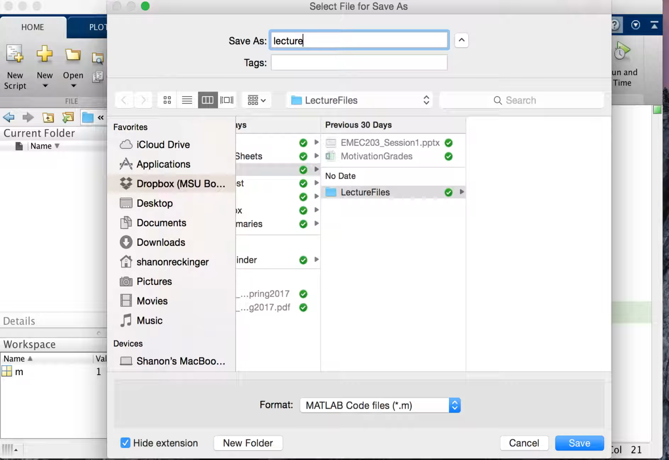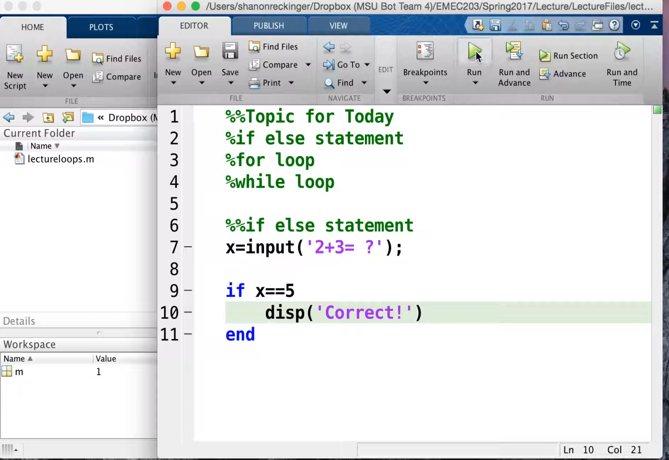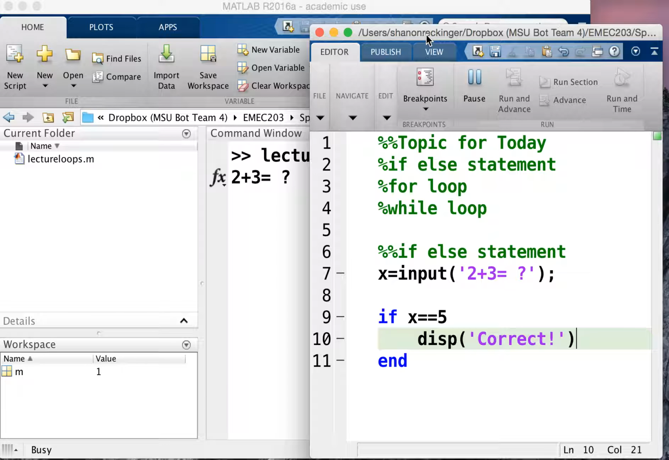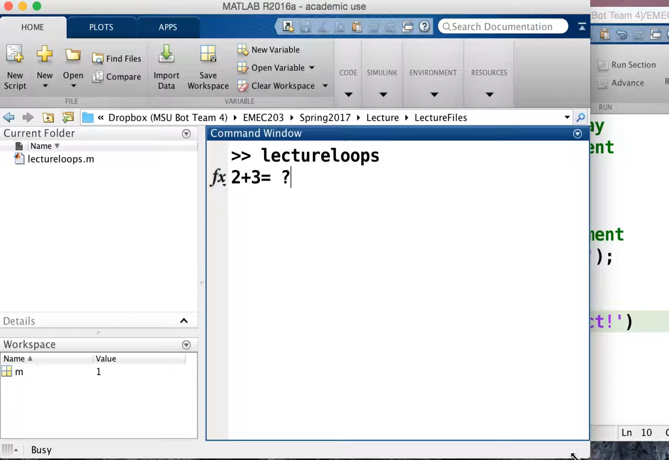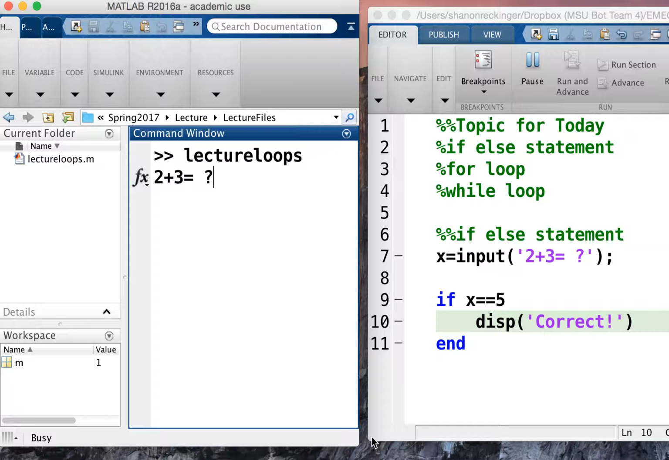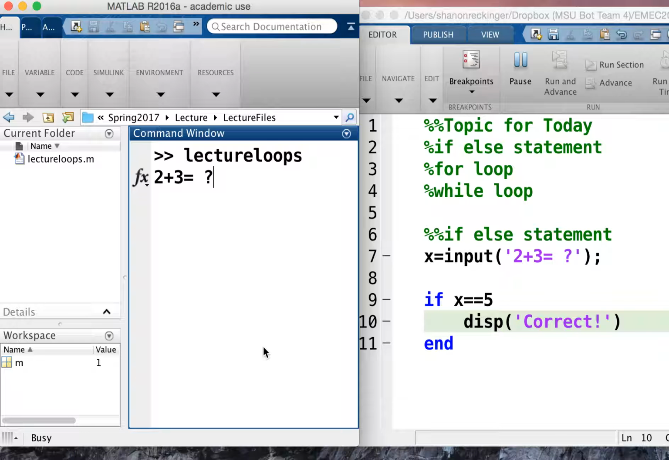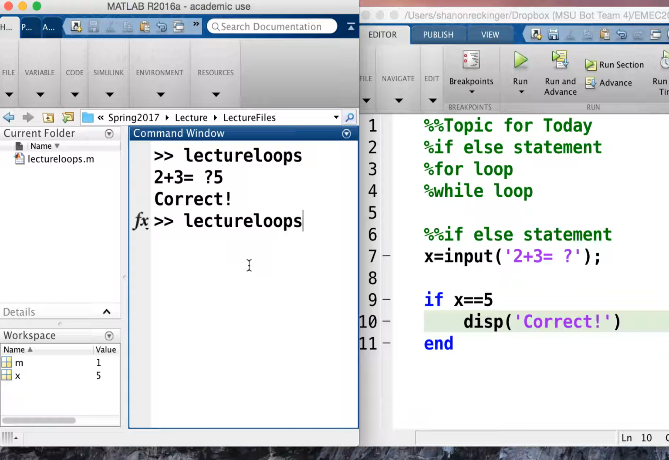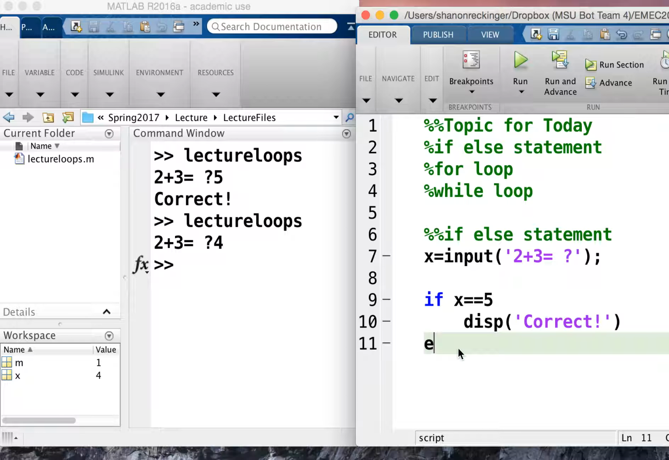So if I run this code here, the prompted input goes up onto the screen. The user puts in the response. And if the user puts in 5, then they get the message correct. If they put anything else, they get no response because there's no other commands or things to execute in this code, right? So if you do want an alternative response, if they put in an incorrect answer, then you can